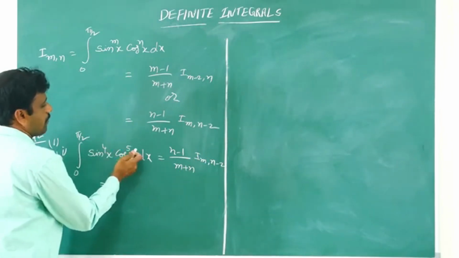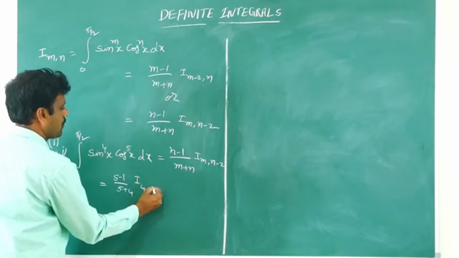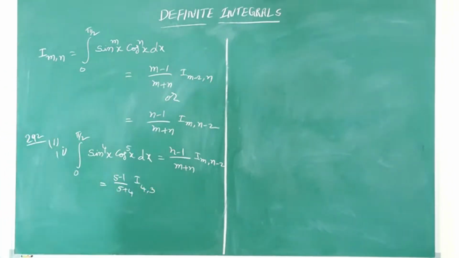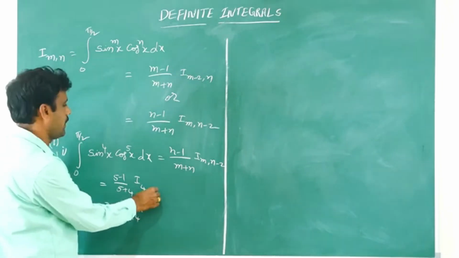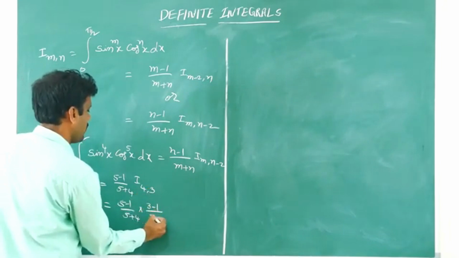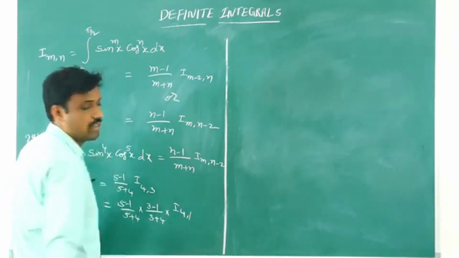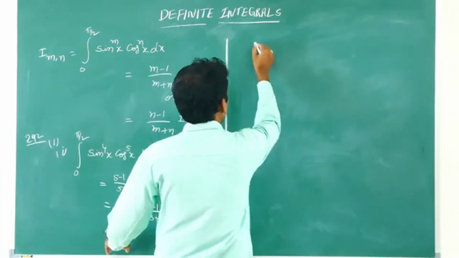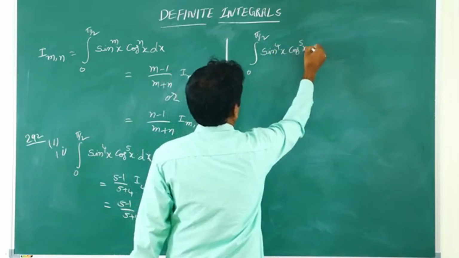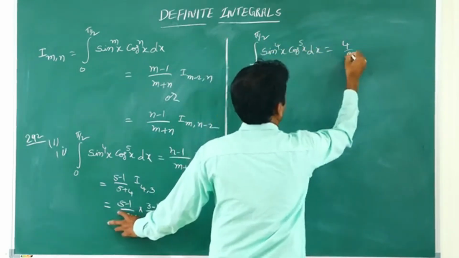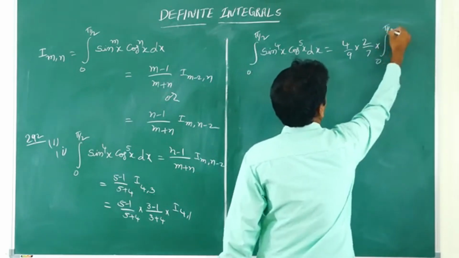That is (5-1)/(5+4) I(4,3). Next, (3-1)/(3+4) into I(4,3-2), that is I(4,1). So integral 0 to pi by 2 sin^4 x cos^5 x dx equals 4/9 into 2/7 into I(4,1), that is integral 0 to pi by 2 sin^4 x